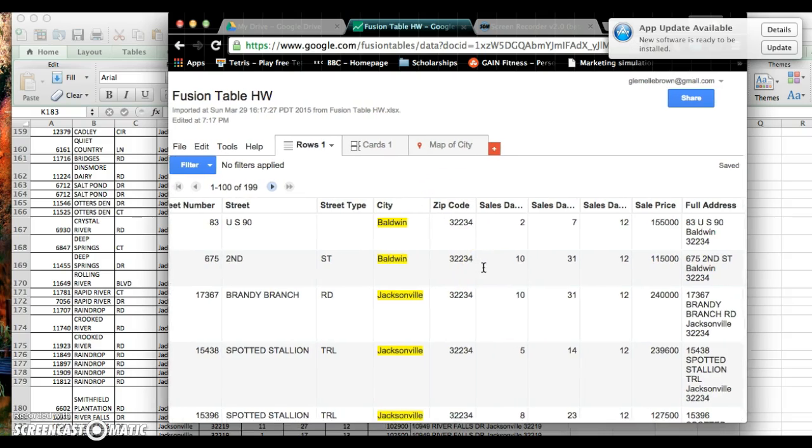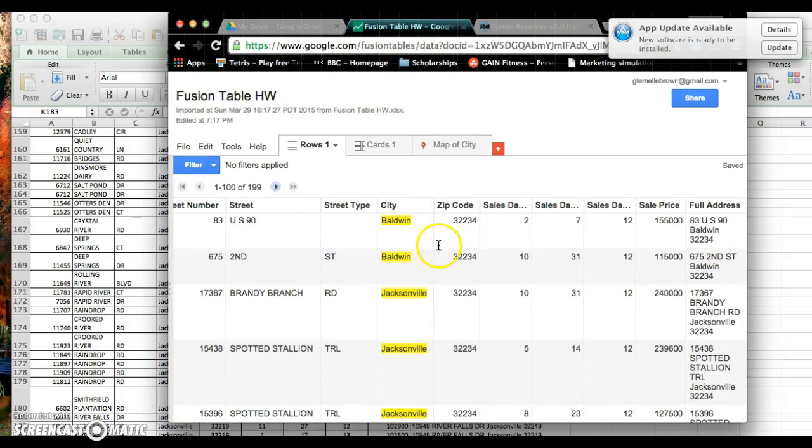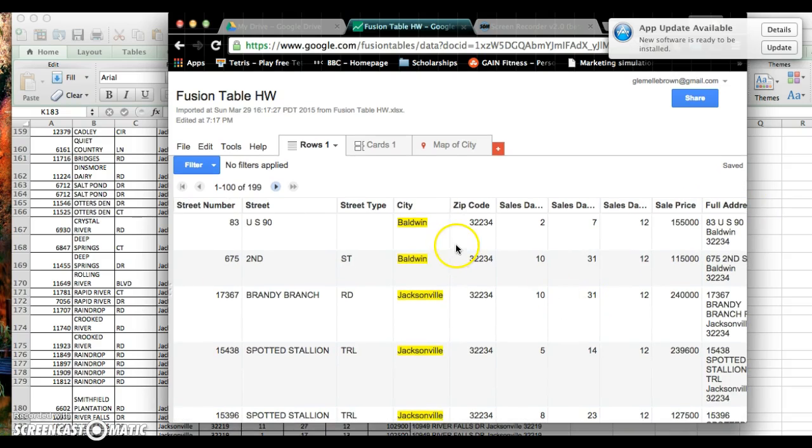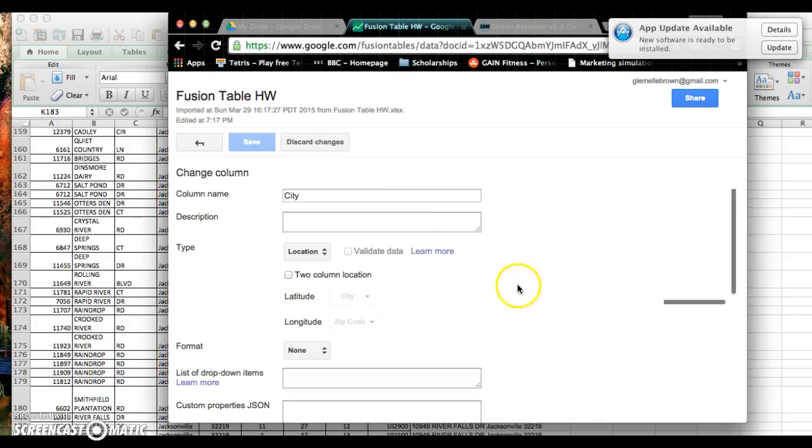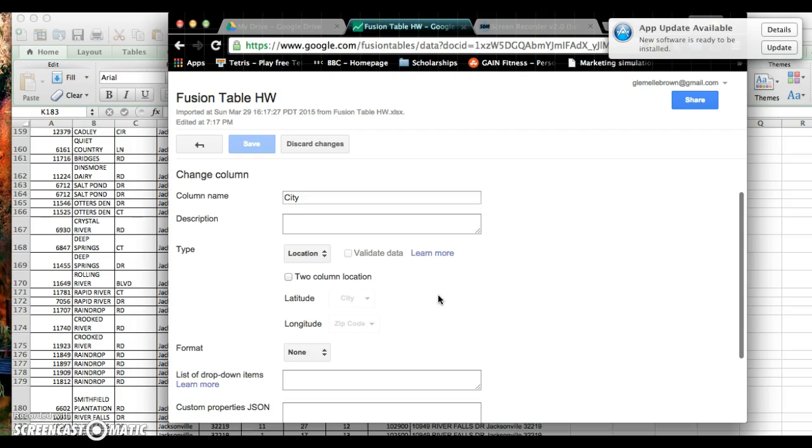From there, it seems that it has already chosen city as the one it thinks that we want to work with, but obviously that's not the case. What we want to do is click change, and